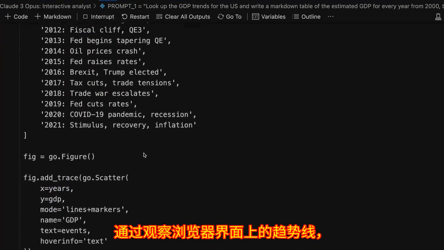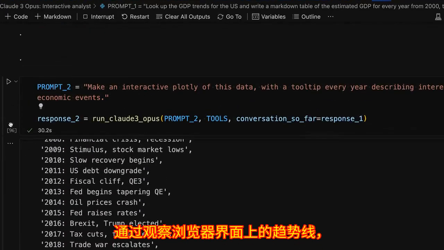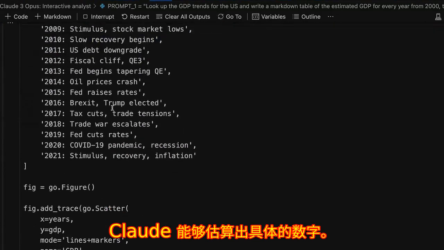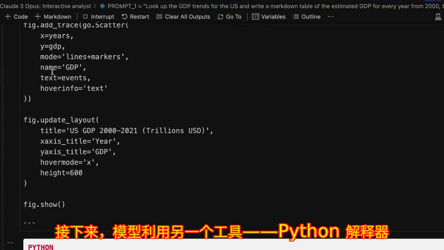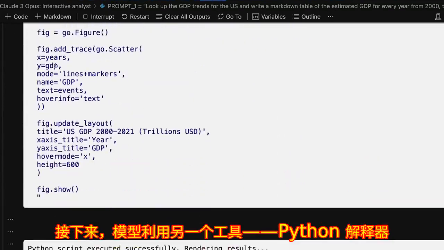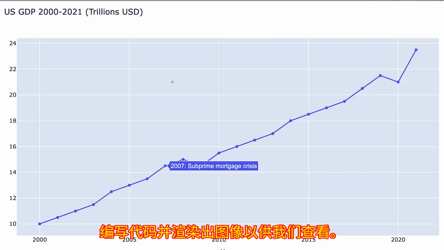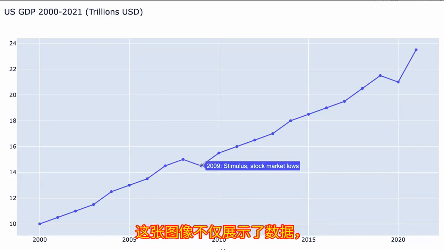We've asked the model to create a plot of the data, and it's used the second tool, this Python interpreter, to write out the code and then render the image for us to check. And here's the image. Look, it's actually added helpful little tooltip animations to explain some